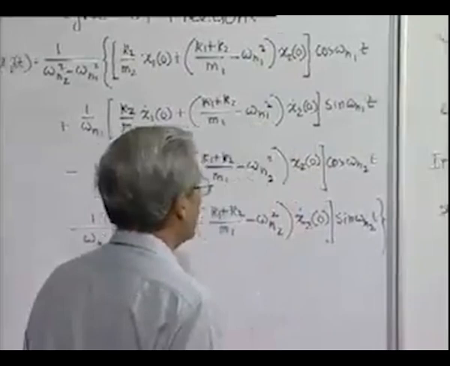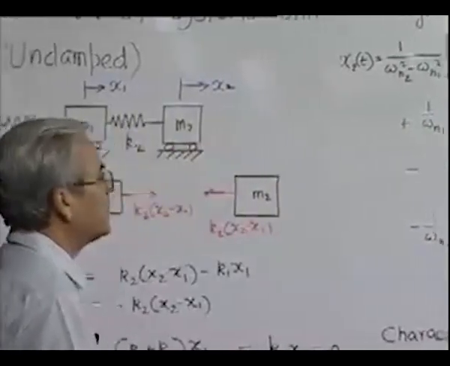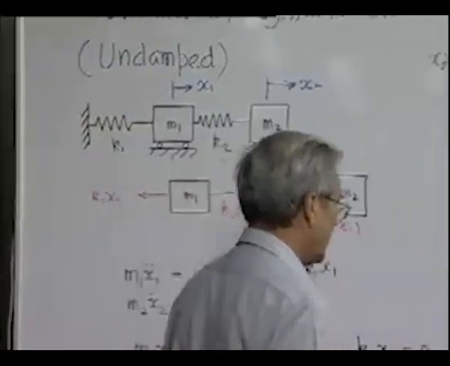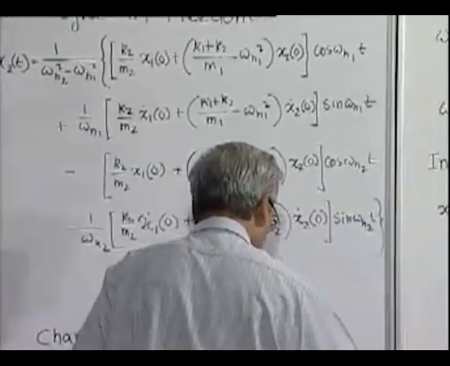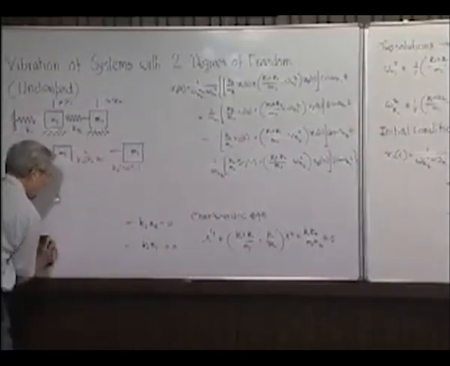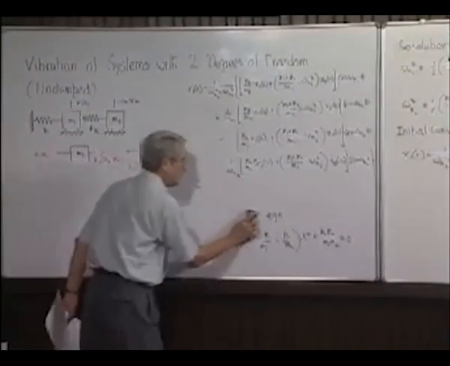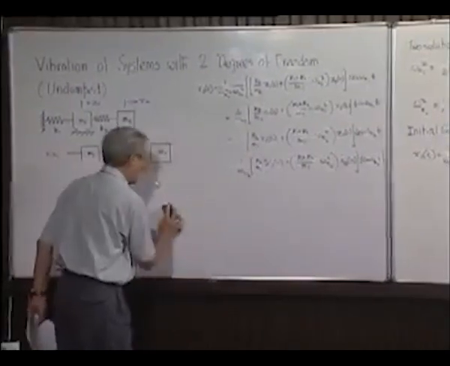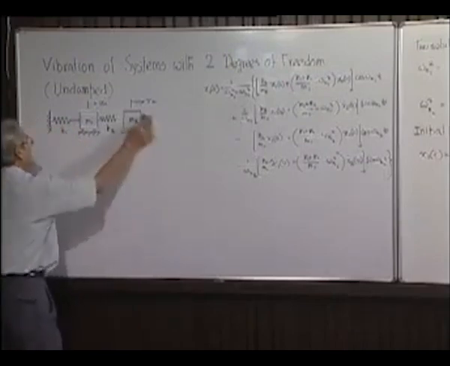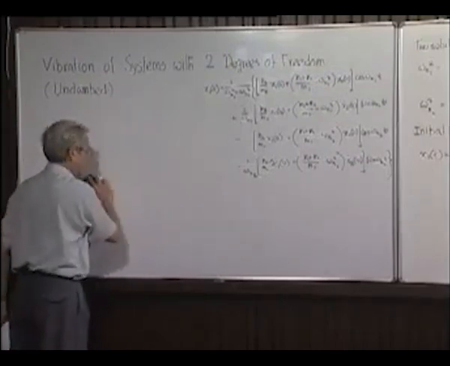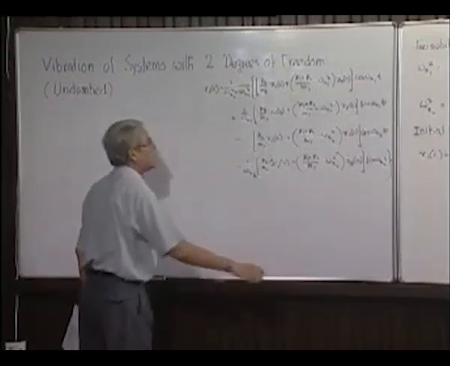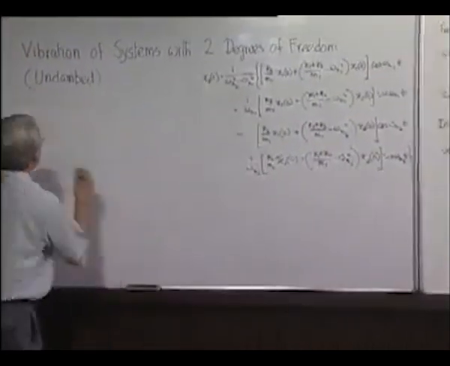So these are the general solutions even for a simple case like a 2 degree of freedom system, undamped free vibration. Now it is very clear that they are all mixed up. That means two frequencies are involved, omega n1, omega n2, and obviously x1 or x2, none of them are simple harmonic. However, we can see that it is possible to give initial conditions, that is x1 0, x2 0, x1 dot 0, x2 dot 0 in such a manner